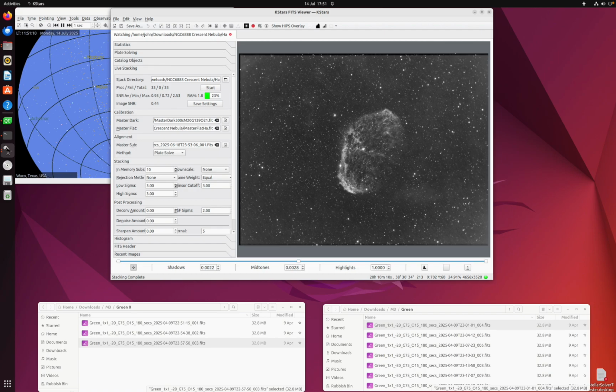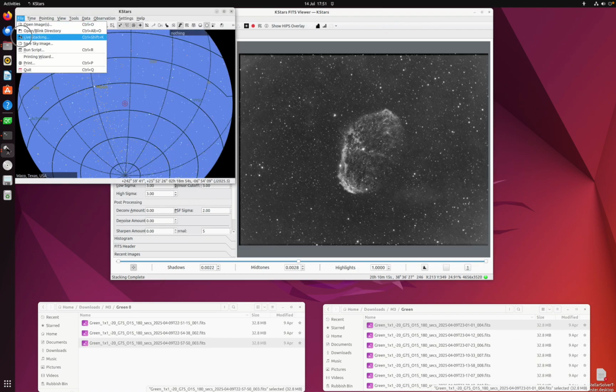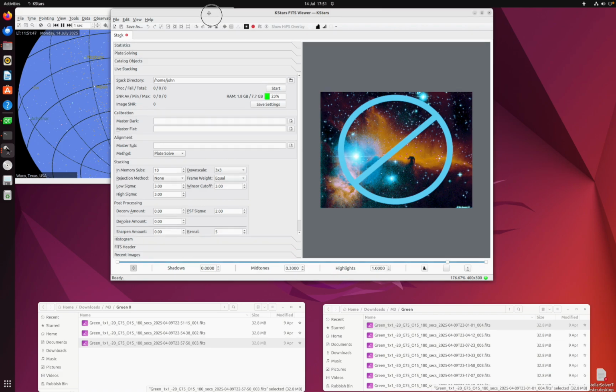That might be useful, for instance, if you were imaging multiple targets and you wanted to have them all on the screen at the same time, or if you're doing multiple filters on the same target, without swapping backwards and forwards, you could run multiple live stackers to look at each of the filters. So if you wanted to do that, all you need to do is fire up another